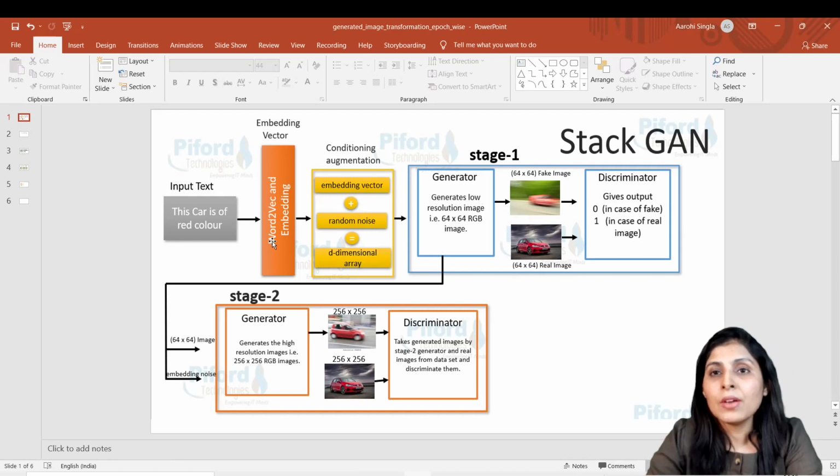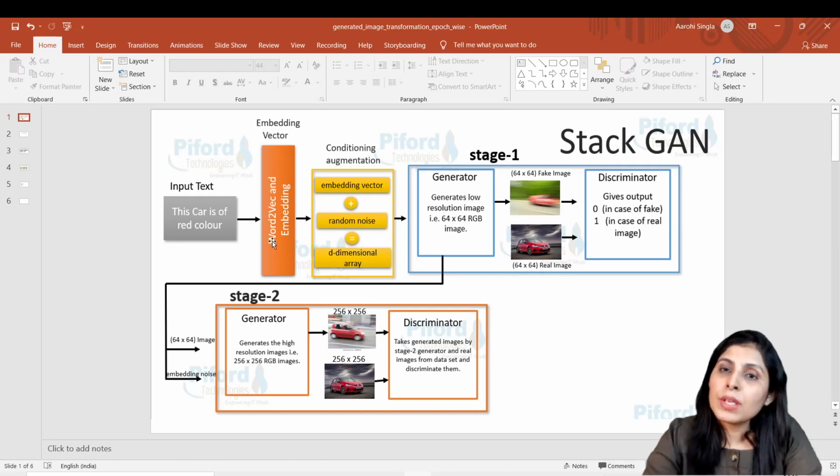And what is this embedding vector? Embedding vector simply means assigning a number. Basically our algorithm doesn't understand words, so we have to convert our data into numbers, into integers.